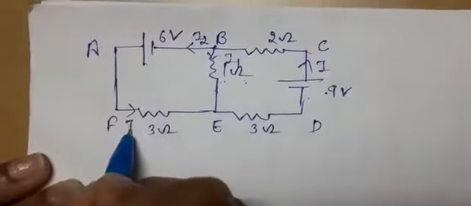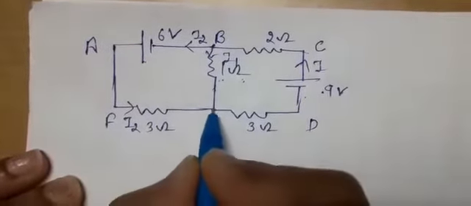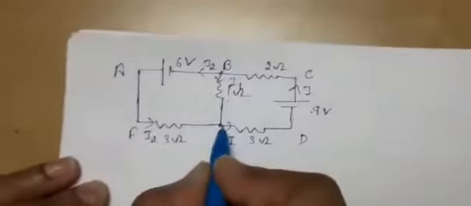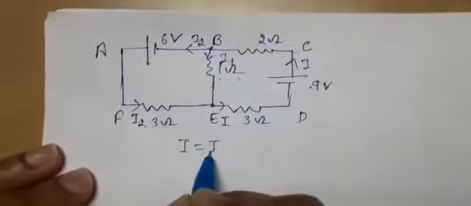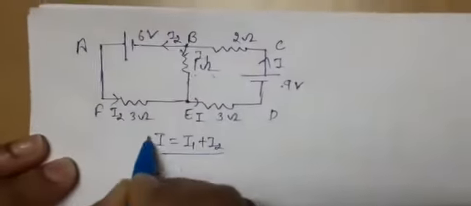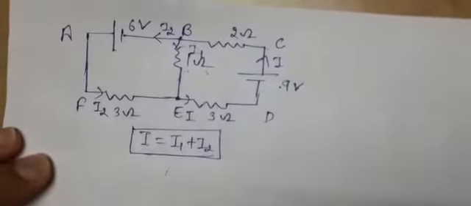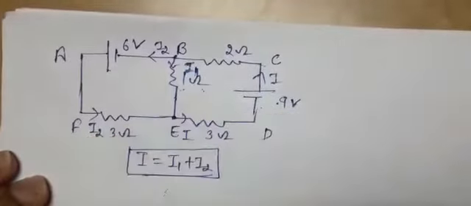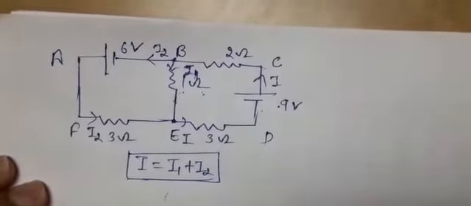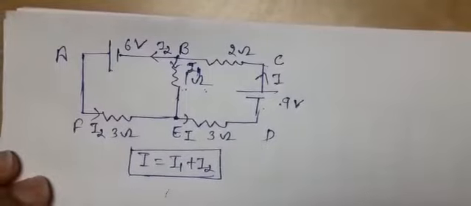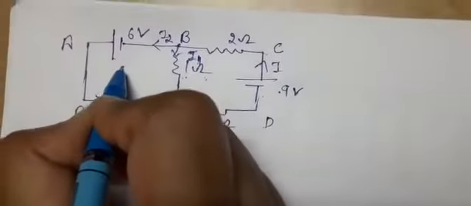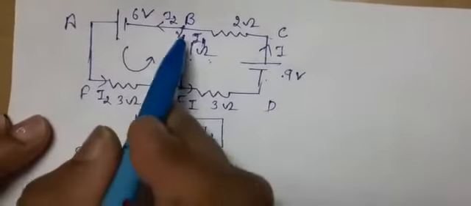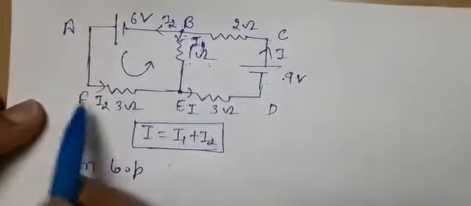So across 3 ohm the current is I2, and at this point E both the currents are combining, giving you the current I. So here you can see at point E, I will be equal to I1 plus I2. Now here further we have to find the current I1 across 1 ohm resistance. So basically what you require, you will consider two loops. I will prefer to take the loop which is along the direction of current. So the first loop, this one we are taking. For this I am taking the loop. What will be the name of the loop? B, A, F, E, B.